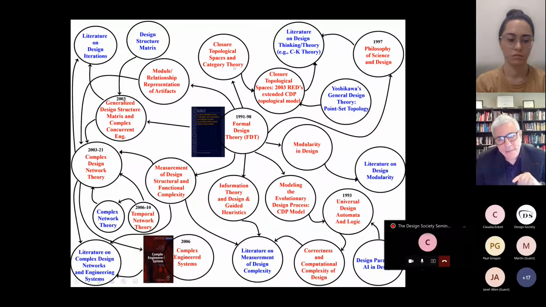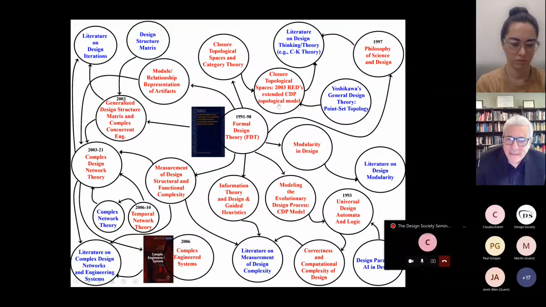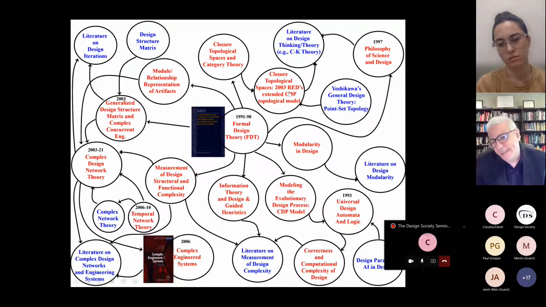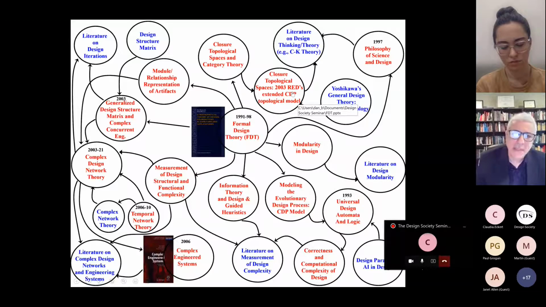Later on, I combined the closure topological spaces with the coupled design process representation, and introduced an extended model that is a closure topological space along with a coupled design process. That was the work published with Yoram Reich in 2003. And people call it in the literature coupled design process, but actually the coupled design process was done already using the automata theory. At that time I was thinking that I'm the only crazy person that applied topology in design. That was quite foreign